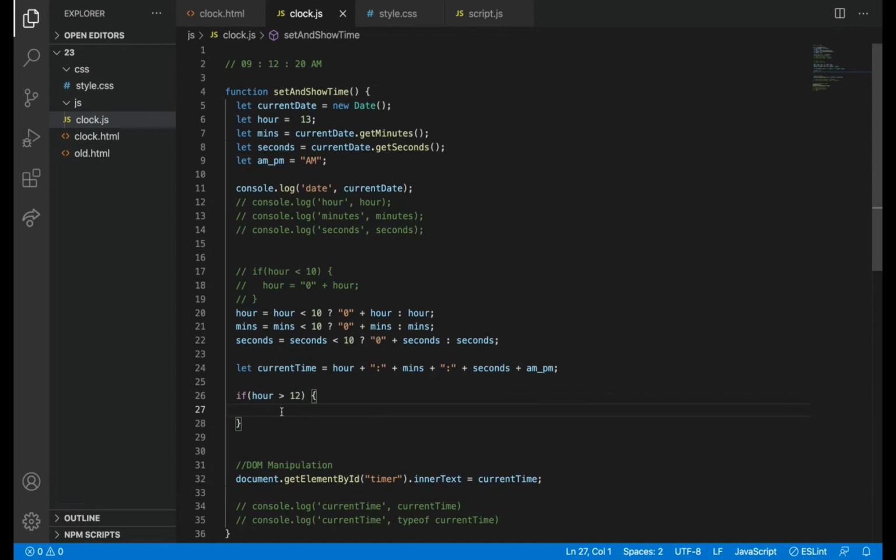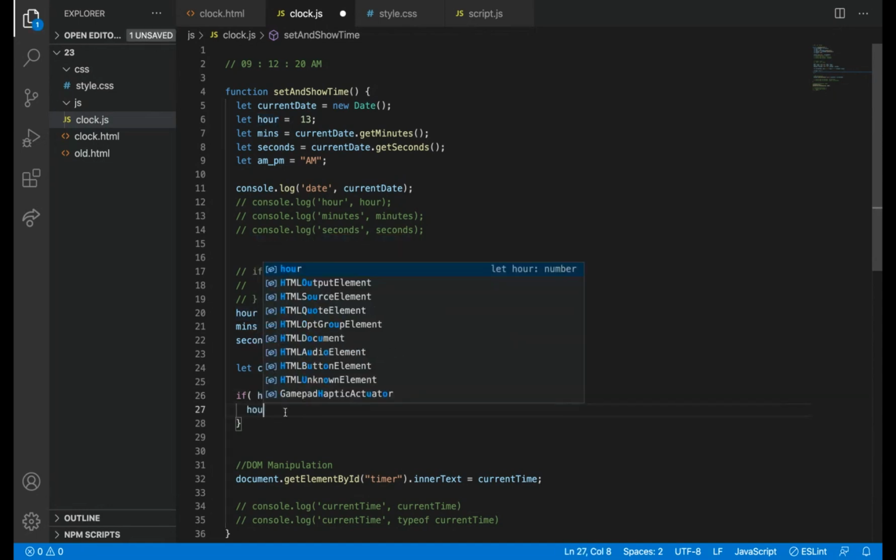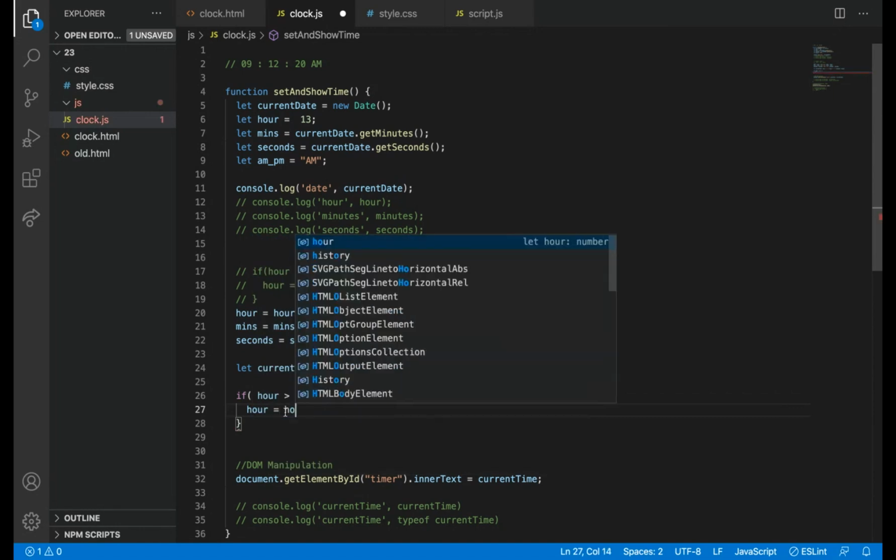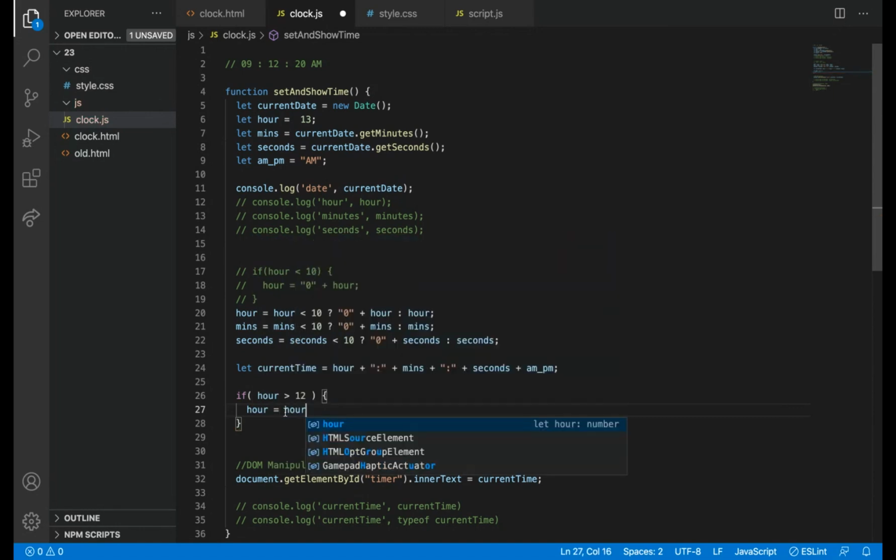If my hour is greater than 12, what I want to do is hour is equal to hour minus 12. I have not asked you this answer, but I just want to check what condition you will write, because I want to check my values 13, 14, 15, 16, 17. So my value is greater than 12.